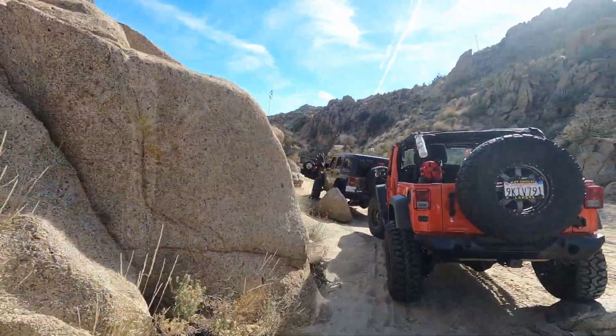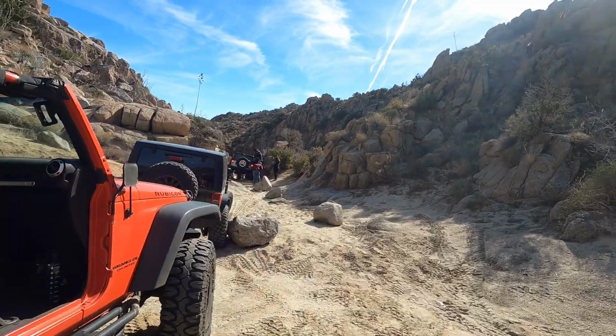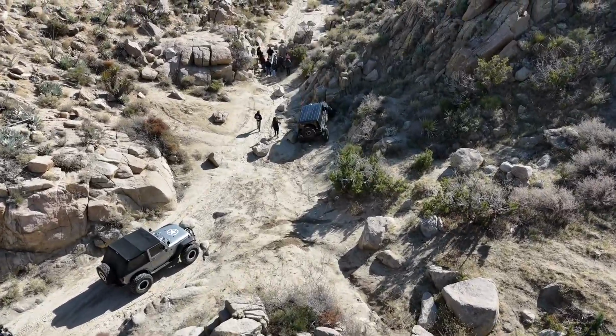Pardon the wind, it's a little breezy out here. I guess that's expected in January, but we have reached the squeeze. So the squeeze is obviously one of the iconic obstacles here on the trail. Here we go, we're getting our